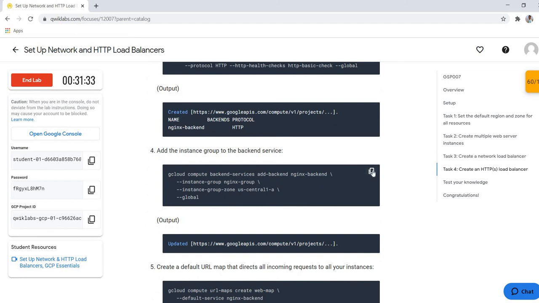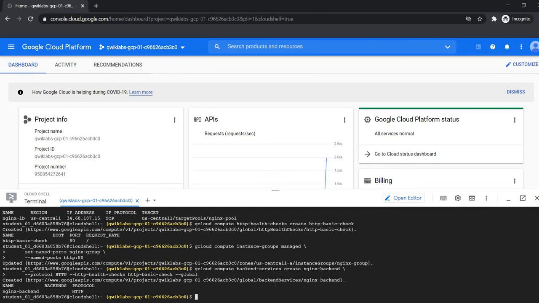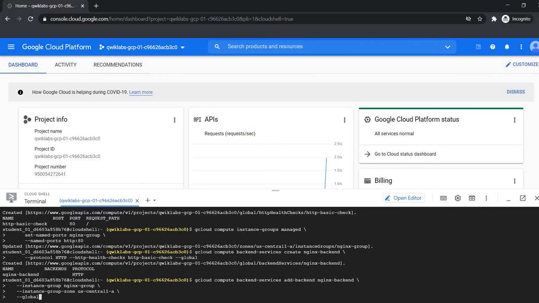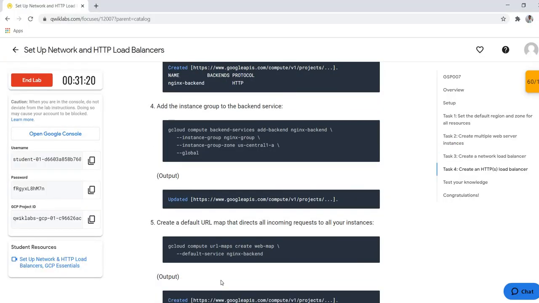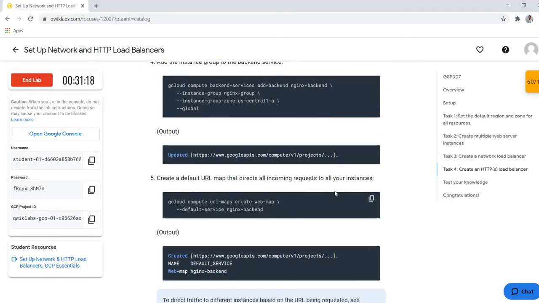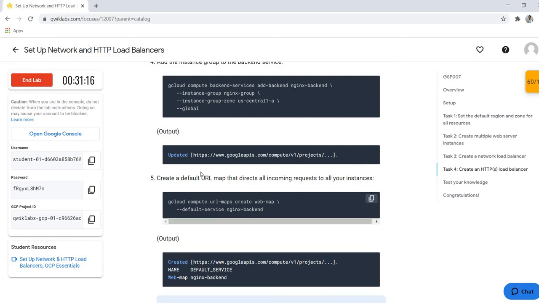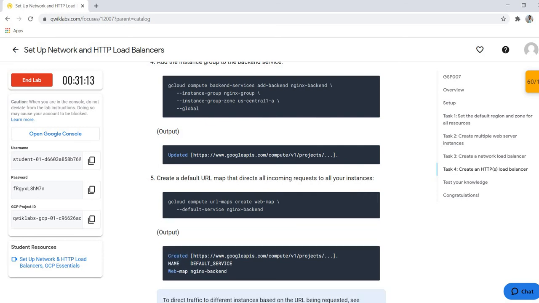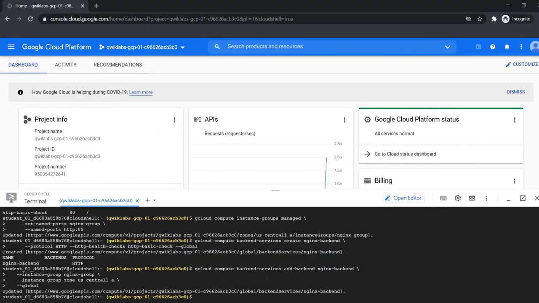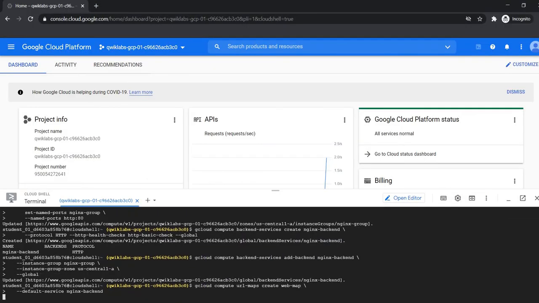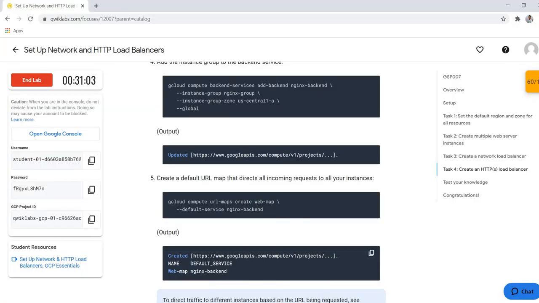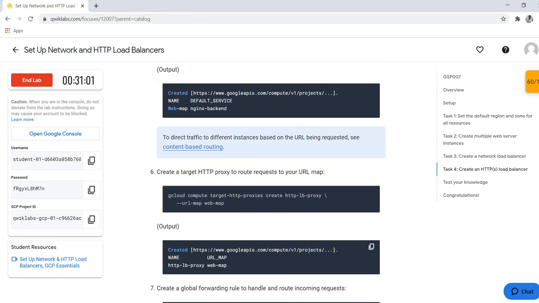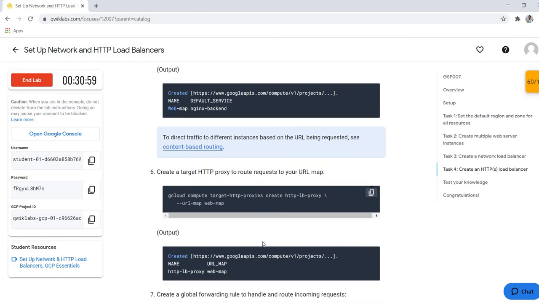I also have to create one backend service for this instance. I'm just copy and pasting this, but you have to read all these things so that you can understand. I have knowledge about it, that's why I'm just copy and pasting this, but for the first time I also read all these things so I could understand this.